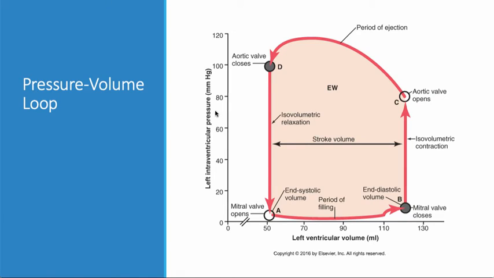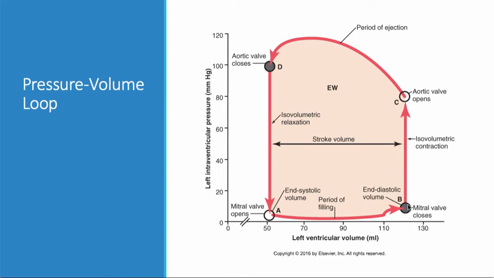But notice the pressure doesn't really change in the ventricle until atrial contraction happens. And that's where you get this little bump up of pressure and volume. Now, what happens at that point is ventricular contraction begins, and that's what closes the mitral